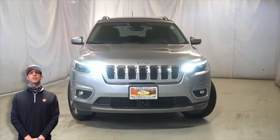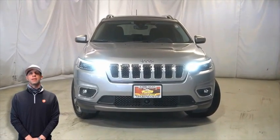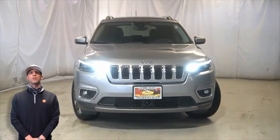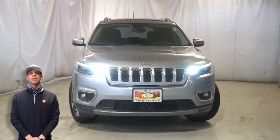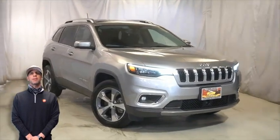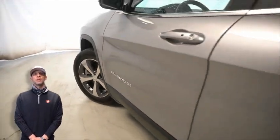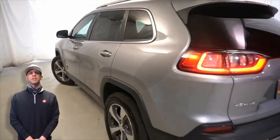If you're looking for a functional compact SUV with reliability and safety for the whole family, then take a look at this certified pre-owned 2019 Jeep Cherokee Limited in billet silver. With automatic headlamps, adaptive cruise control with stop and go, 18-inch aluminum wheels, blind spot and cross path detection, rear